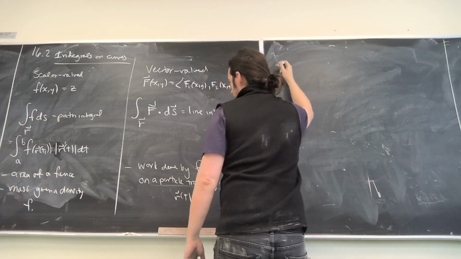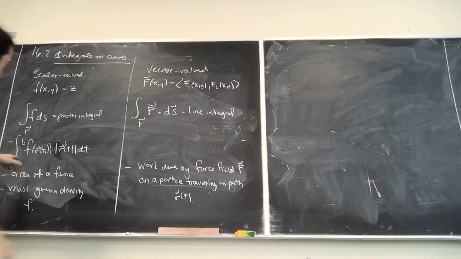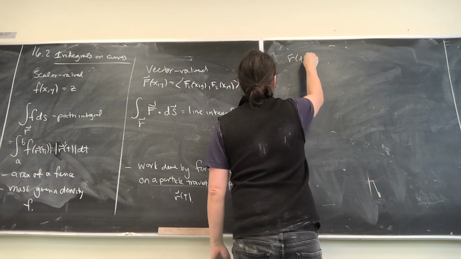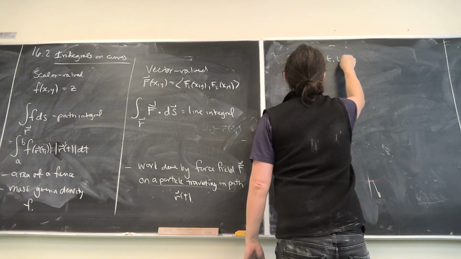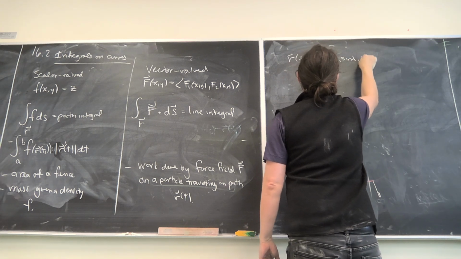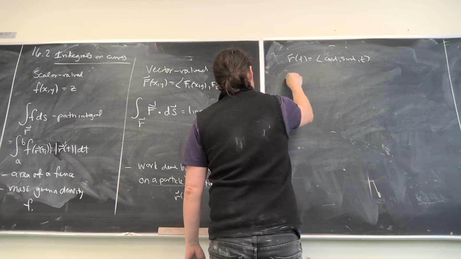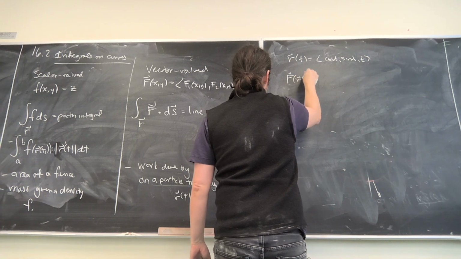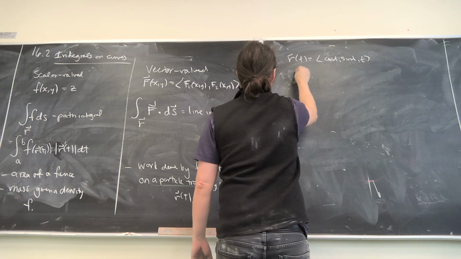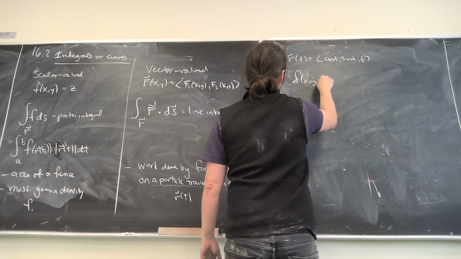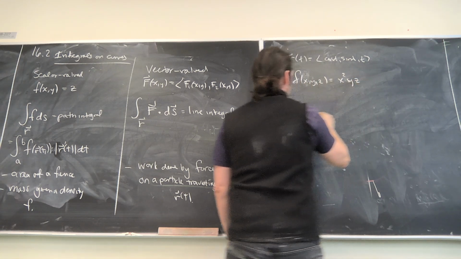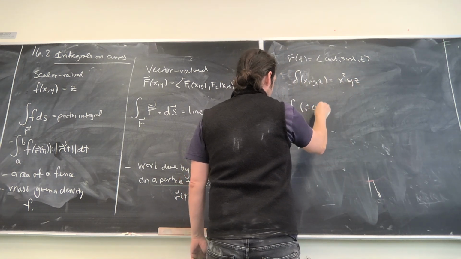So when I write something like f of r of t, if I wrote something down like r of t is equal to cosine t, sine t, t, and I write down f of r of t, so let's say f of xyz, little f of xyz is equal to x squared yz. And I write f of r of t,